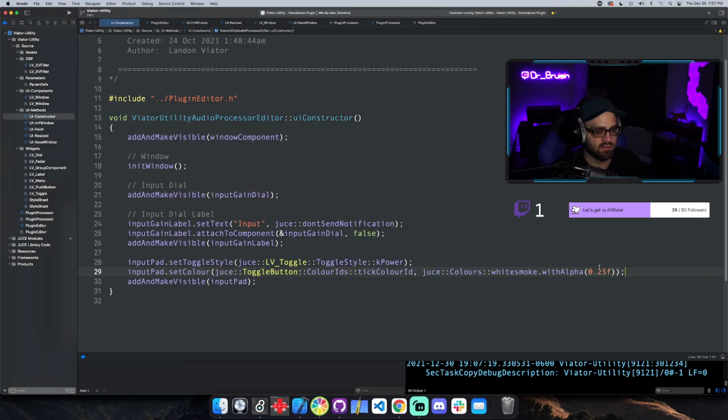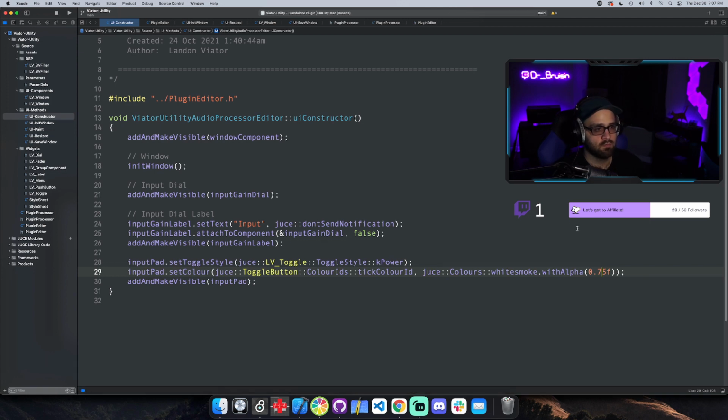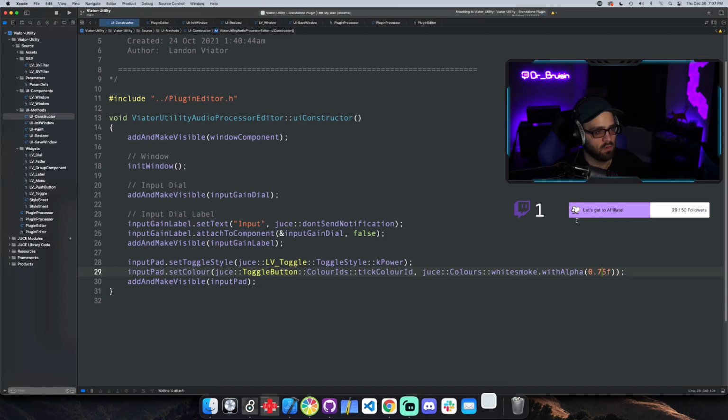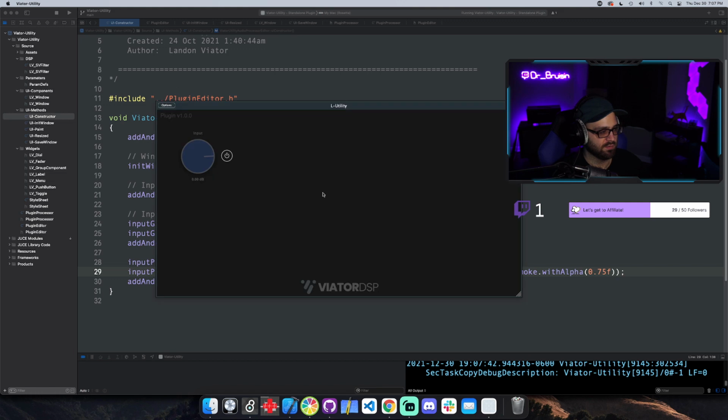Oh, it actually needs to be... I think by default the off is the same color with an alpha of 0.5, so I think, yeah, that's better. It's not perfect, but